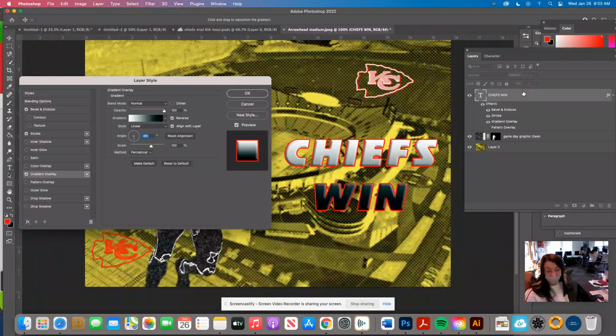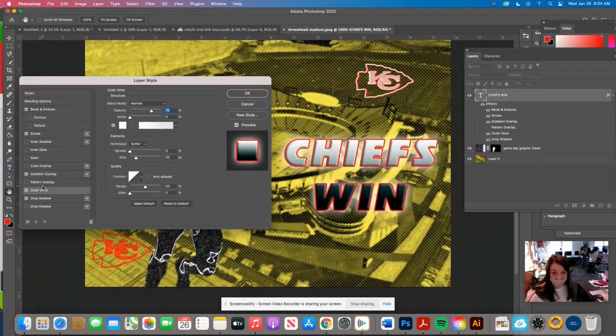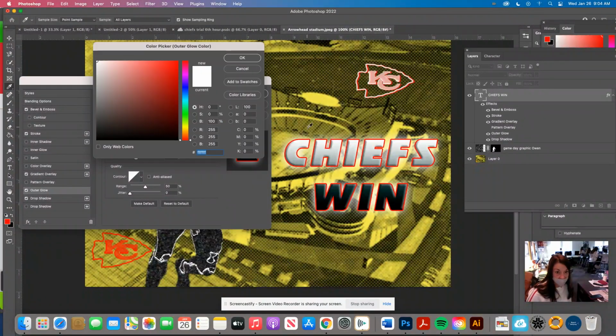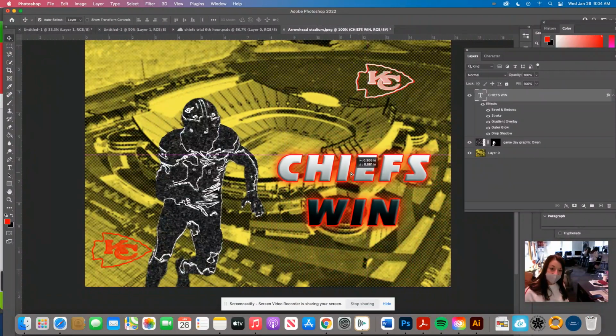and that's clicking on my text layer on the layers panel and then down to layer style, remembering that we click on the word, not the box, in order to edit. Let me add in a little outer glow, of course. Instead of white, I don't need white. I'm going to go ahead and sample the light yellow, or actually, let me see what this little red does. Yeah, that'll do just in terms of lecturing today. So now I have this text that I can then move around